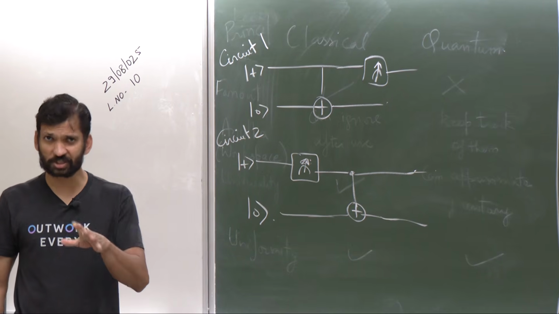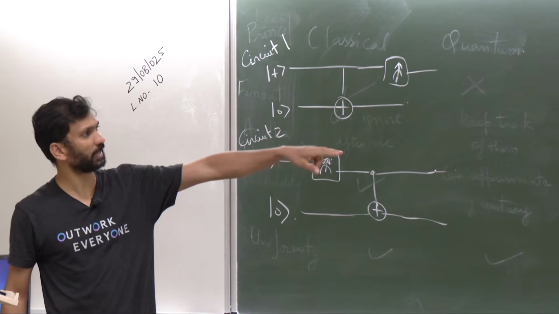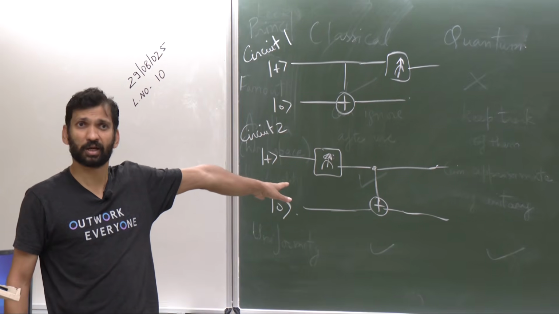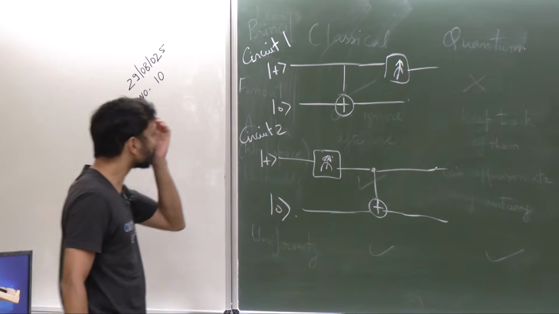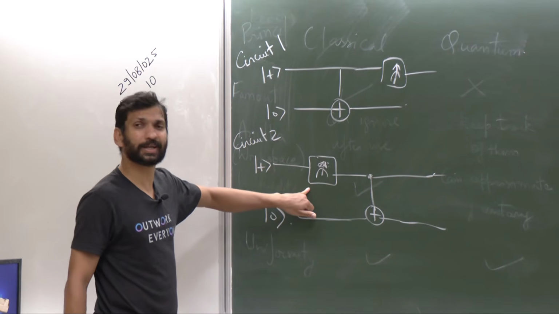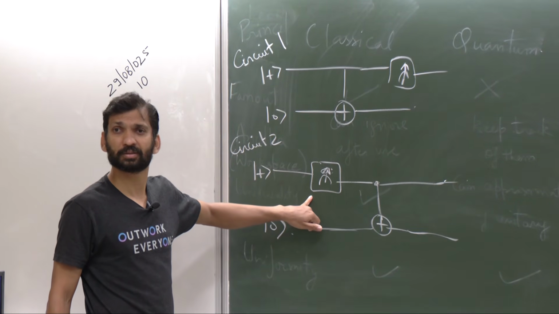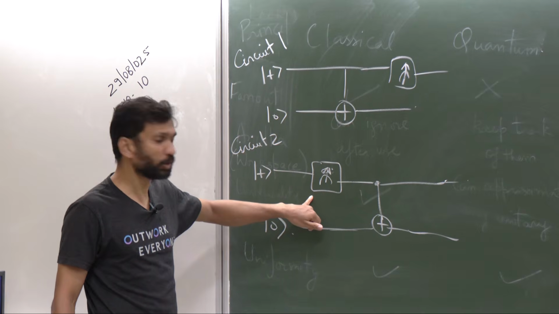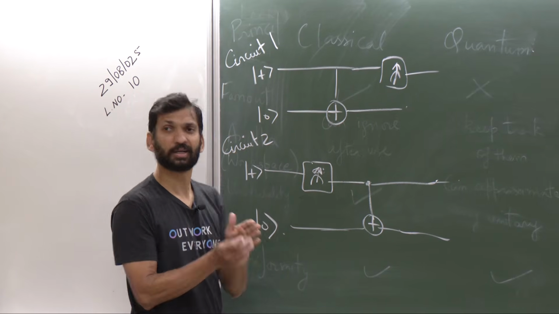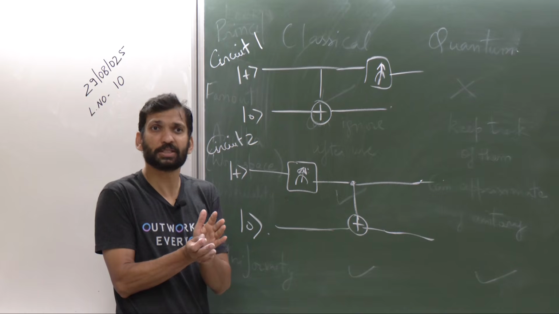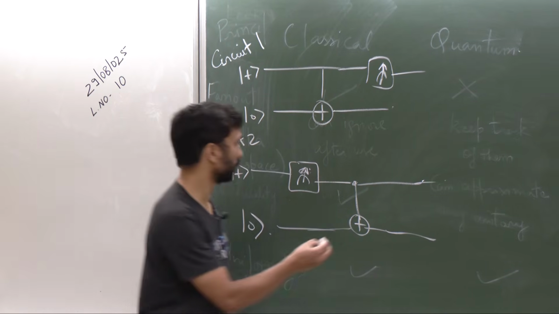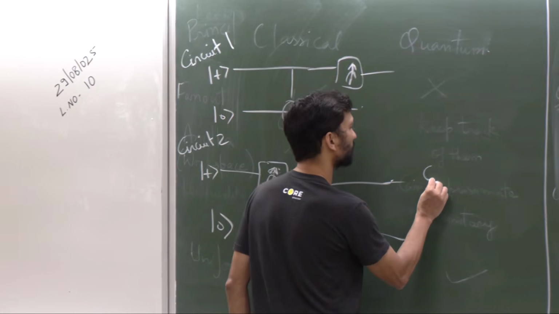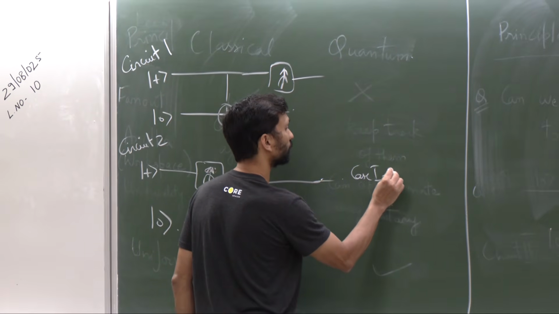Right? So this is just for intuition. I will explain how that circuit is working after this. Okay. So how will you analyze this circuit? You will say, oh, after this circuit, I have half probability of being in 0, half probability of being in 1. So then I will start with case 1,